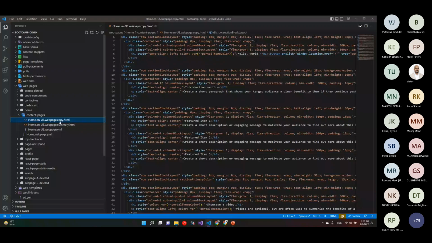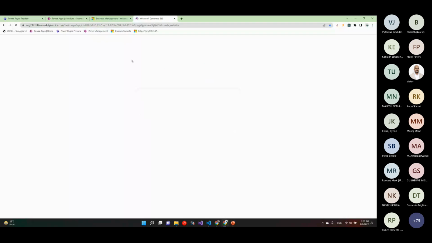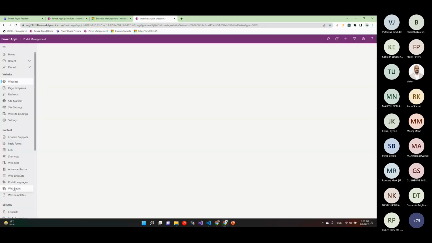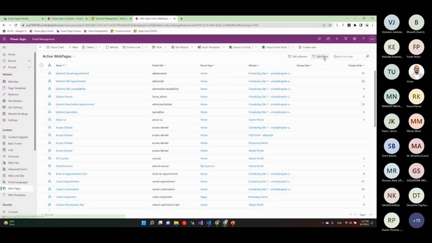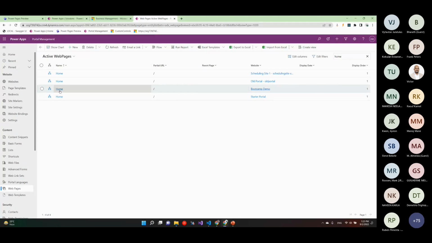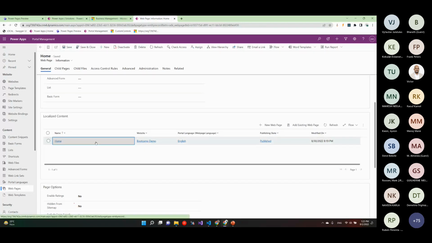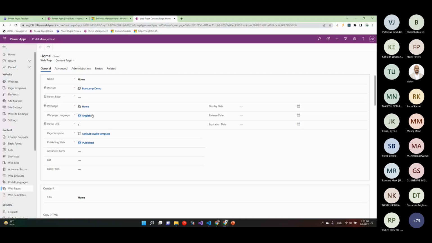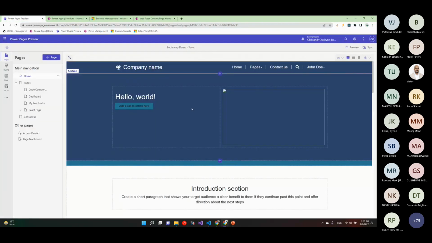So if we go back to our environment and go to portal management and open our home web page, definitely need to clean this up. Yeah, so Bootcamp demo. Okay, so if we open our content page here, you might notice, or you might remember, that as usual we have copy HTML. It's where our portal editor stores the data, but also we have